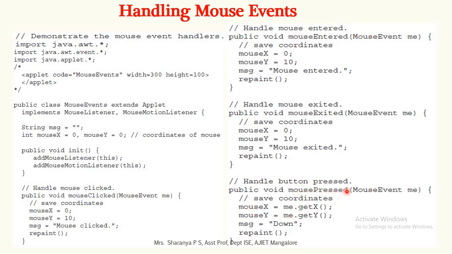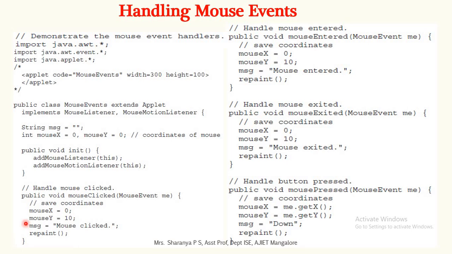And if the mouse is pressed, then first it saves the current pressed location by using getX and getY, which are the methods that get the x coordinate and y coordinate. These methods we referred to when we discussed the MouseEvent class,